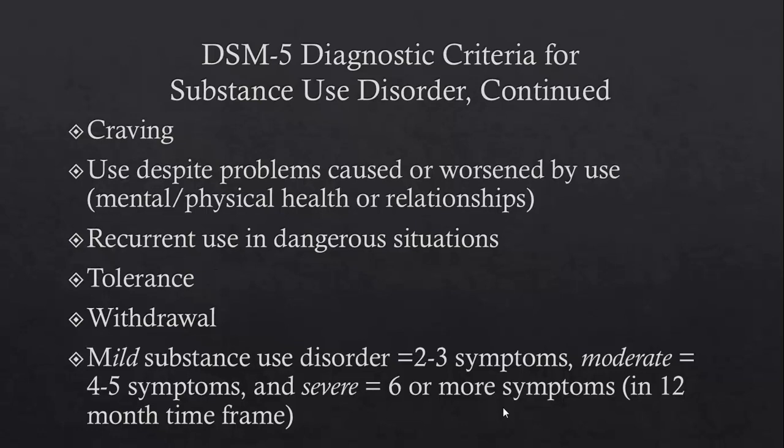Another symptom is what we call tolerance, and this is where we either need more of the drug to get the same effect that we used to get, or we get less of an effect if we take the same amount of the drug. So, for example, the person who maybe got drunk for the first time when they drank 3 or 4 beers, over time, they need 10 or 12 to get that same effect. That's tolerance. They build up a tolerance to the alcohol.